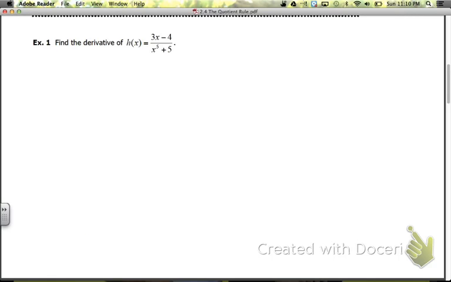So now let's look at our first example. Find the derivative of h of x equals 3x minus 4 all over x to the power of 5 plus 5. So we want to find h prime of x. So first we're going to do the derivative of our f of x. Our f of x is always our numerator. So that's just going to be 3 times our g of x, which is our denominator, x to the power of 5 plus 5,